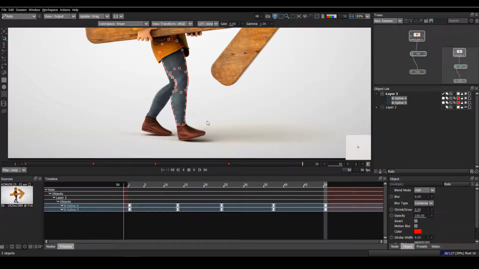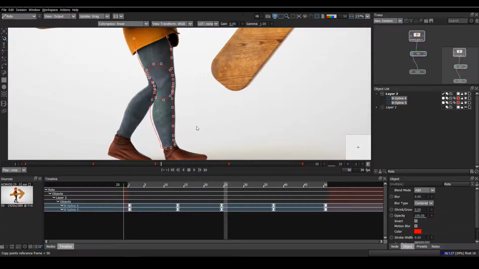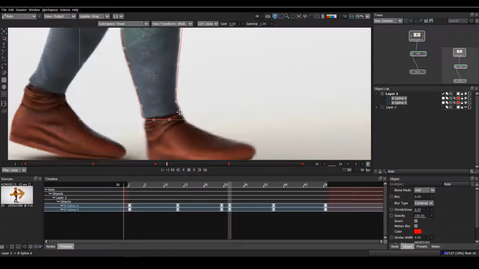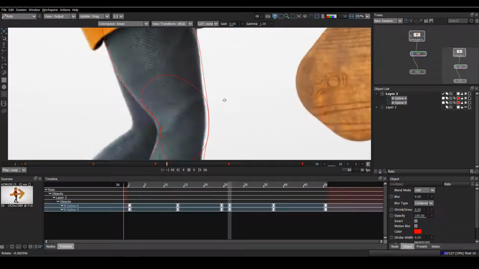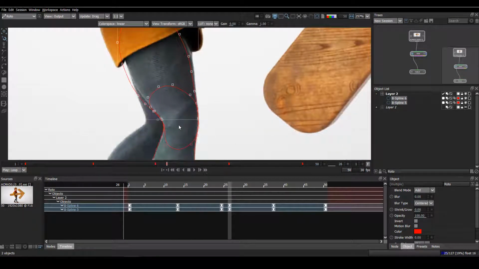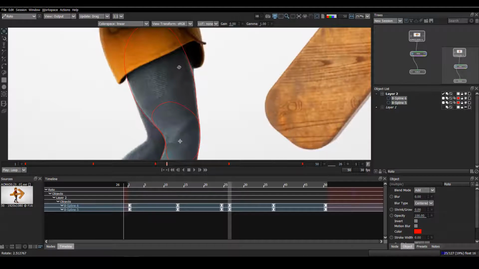I'll press Ctrl C and I'll go to frame 25, and then it's not matching properly, but we'll have to manage some bit. We'll manage with this and then like this.